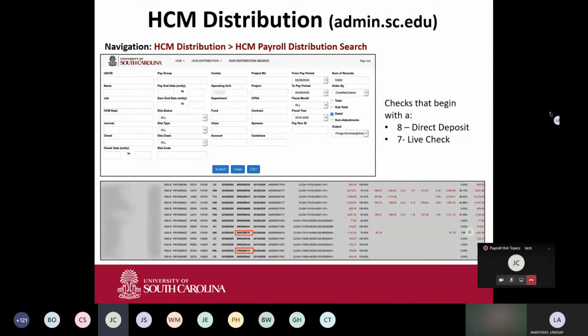We do have a question. Shannon's asking, Wanda, is there an option for a supervisor to pull a report for the total number of hours a student has worked under a grant, so as not to overpay the student? That would have to come, I will let Lindsay chime in here, from this HCM distribution, correct? Or would you point them in another direction, Lindsay?